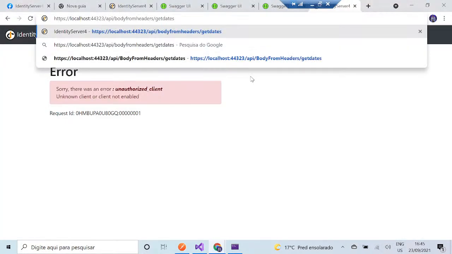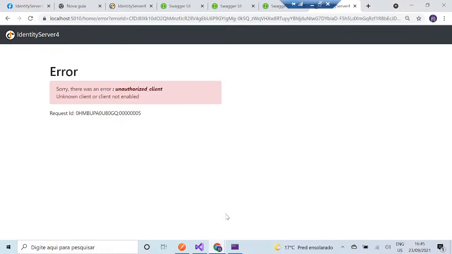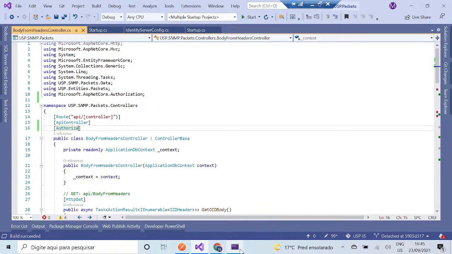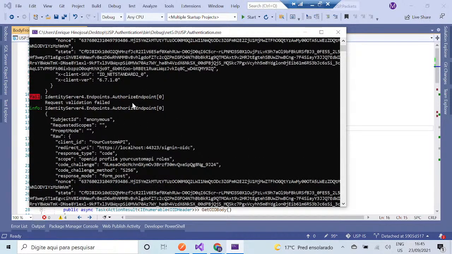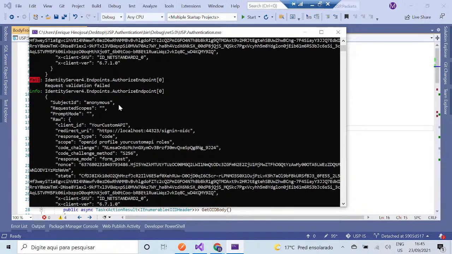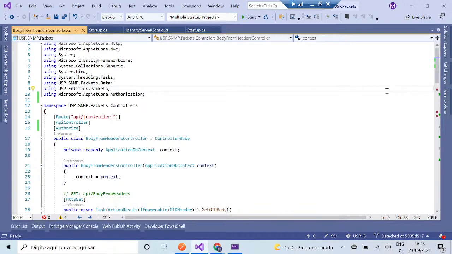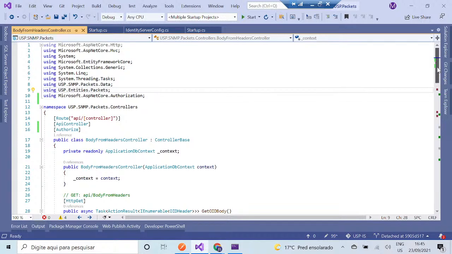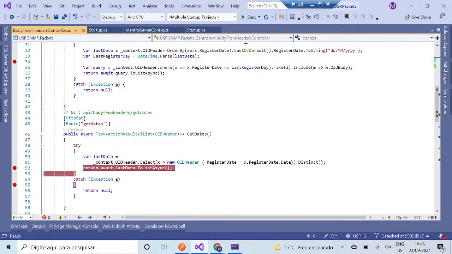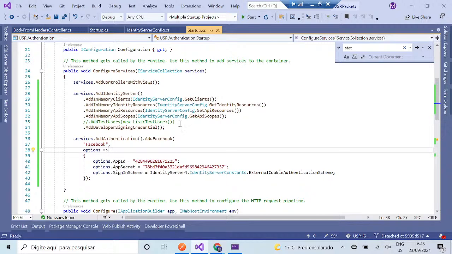Let me try again. Unauthorized client. What's happening? Let me see right here. Authorized endpoint. Request validation failed. Redirect URL. Great. We need to talk to this identity service third party, our external provider, where this provider will